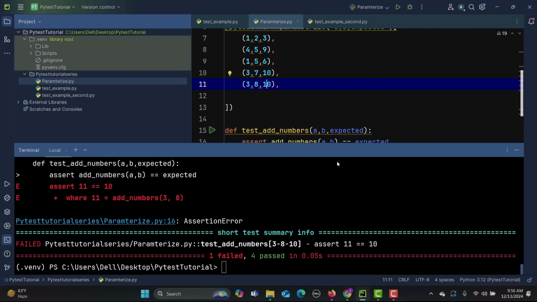We already know how we can run the test with these different sets of arguments. So if you haven't watched that video, you just go and check it out here. But that's how you can parameterize your test using the test mark